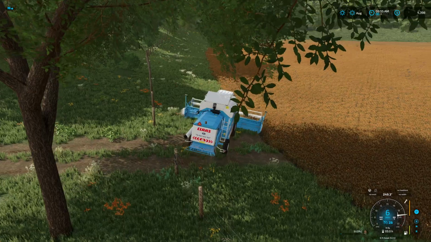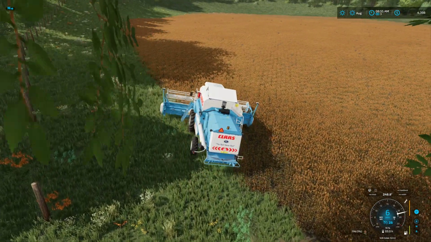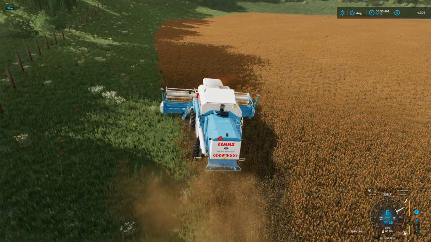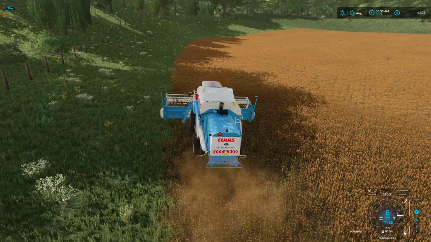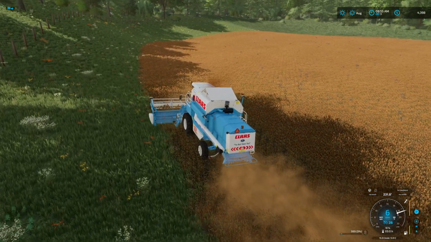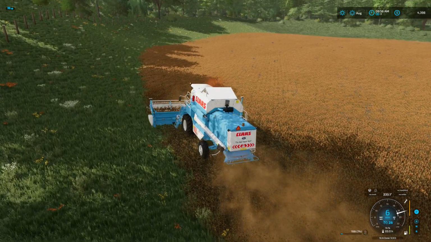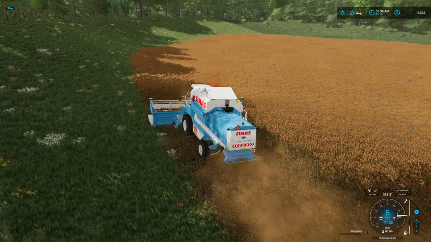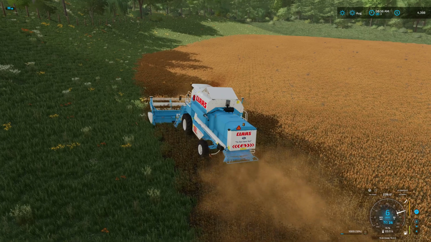So I did get a tanker load of water down there to the soda factory, so that is now producing the soda. So now we can focus on doing a little bit of harvesting. We have this sorghum here, which shouldn't take too long to get harvested. Now there's no straw to pick up, so once we're done here,